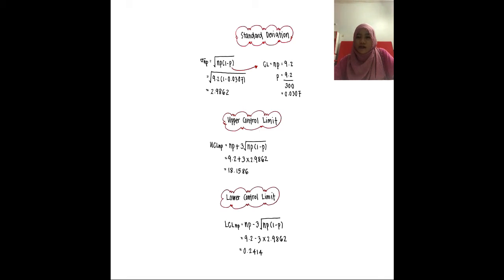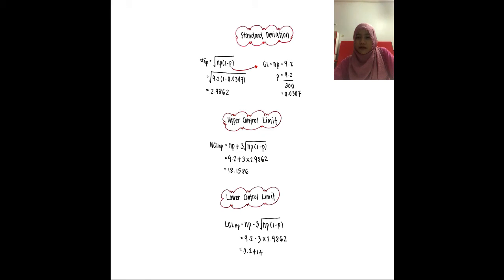0.0307. So we just insert the value that we get into the formula for the standard deviation, which is equal to square root of 9.2 times 1 minus 0.0307, and we get 2.9862. For the upper control limit, we use the formula equal to NP plus 3 times square root NP times 1 minus P. So equal to 9.2 plus 3 times 2.9862 equal to